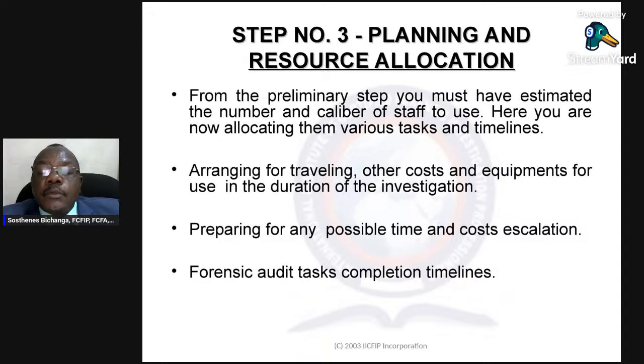The chain of custody will be discussed later on,